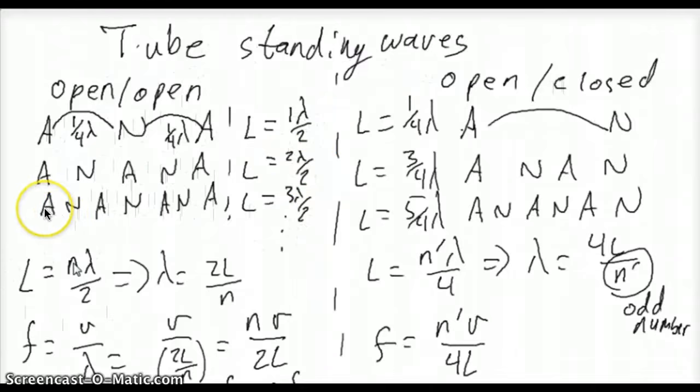And antinode, node, antinode, node, antinode, node, antinode, node, which is 1/4, 2/4, 3/4, 5/4, and 6/4, which is the same as 3/2. And this pattern just keeps going on. And we come to this equation that is